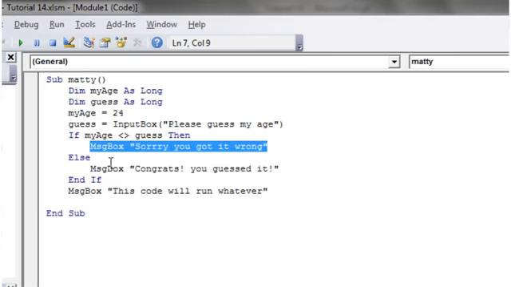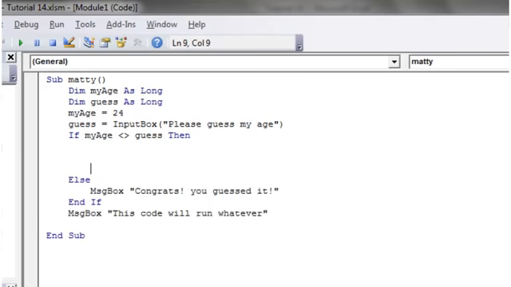So instead of having a message box saying sorry you've got it wrong, let's get rid of that. What we want to do in here is put in another test criteria to test whether their guess was lower or higher. We don't want it to be in the else side, because if they got it right, then we don't want to tell them it's lower or higher. So this is the point of a nested if statement: this test is only going to run if the first test is true. So let's put in another if, and it's exactly the same syntax. The only difference is it's embedded within